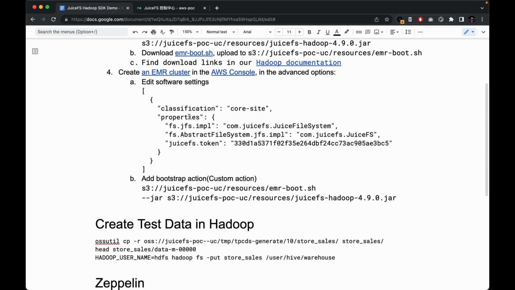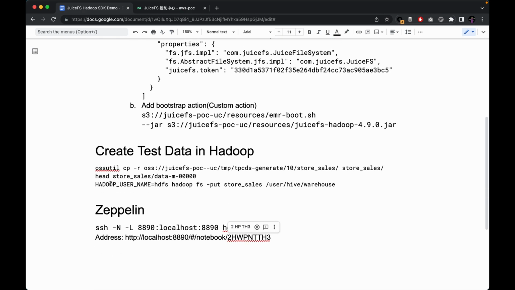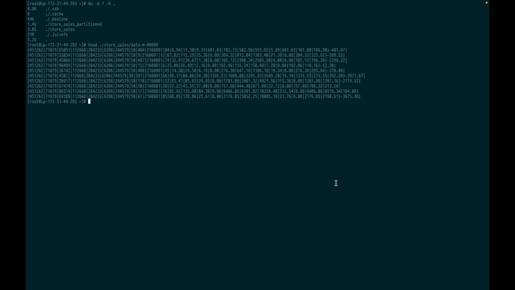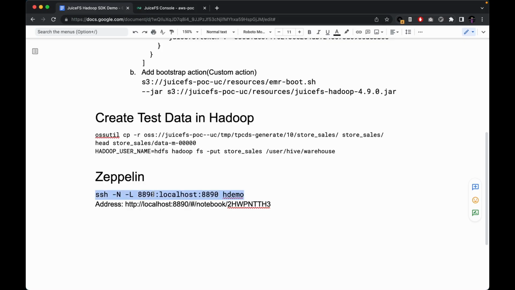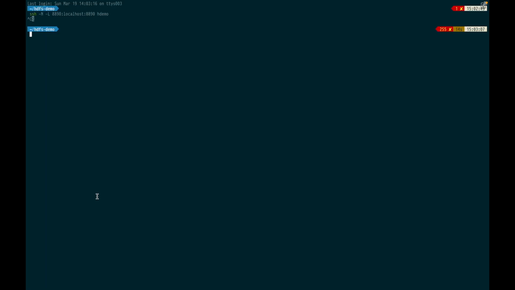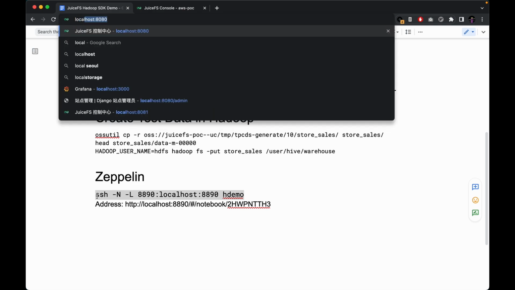I'm not a great typer, so I'm just gonna copy the command. Oh, so the data has been imported into HDFS. And now we're going deeper into the Hadoop world. I'm gonna set up a port forward so I can access the Zeppelin notebook directly from my browser. Let's put it here. And then in my browser, type